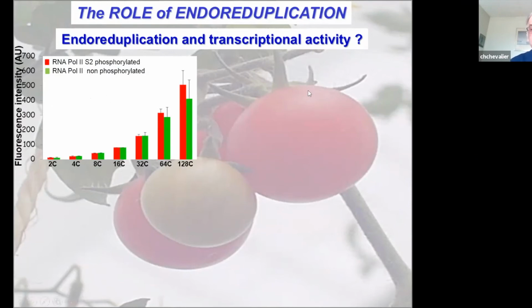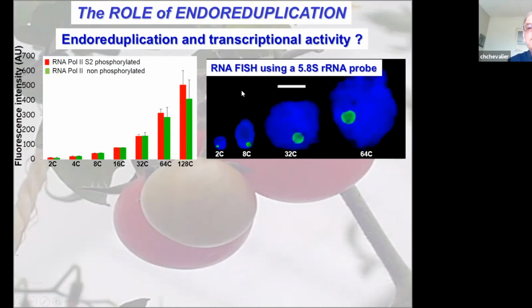Secondly, we have made, not a DNA FISH experiment, but an RNA FISH experiment using a ribosomal RNA probe to measure, inside purified nuclei, what was the result of the transcription of this rRNA gene. And we clearly see here in this green dot that we have an increase in the transcription of this gene